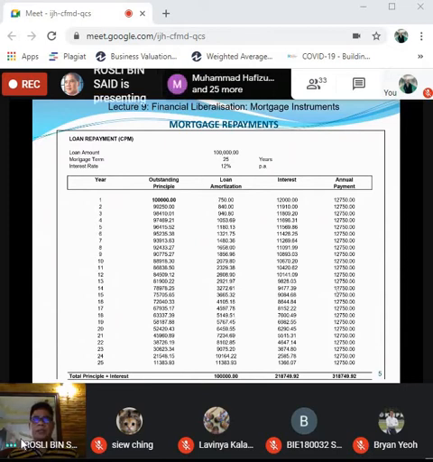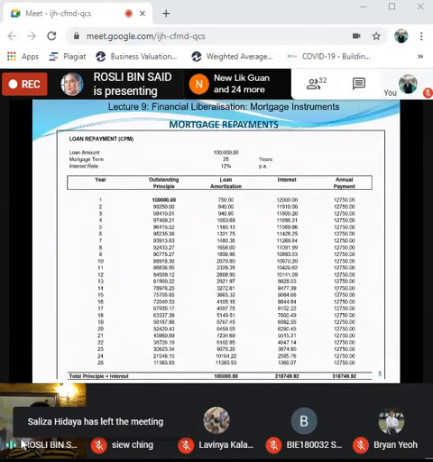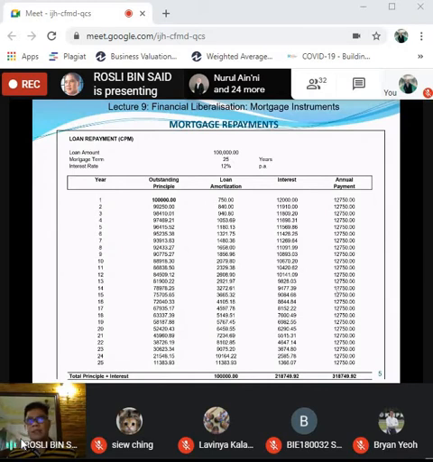So you can use the mortgage. For example, if the client asks you to use only 70% from the financial institution through borrowing, and the balance 30% will come out from the company's own money. That means their own pocket money, you will use 30% in order to invest. So they ask you to calculate. So this is the best way to do it. And then compare with the income flow